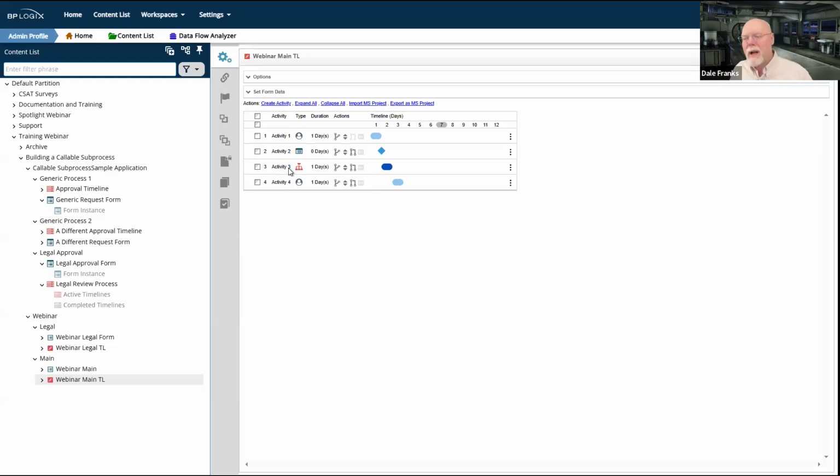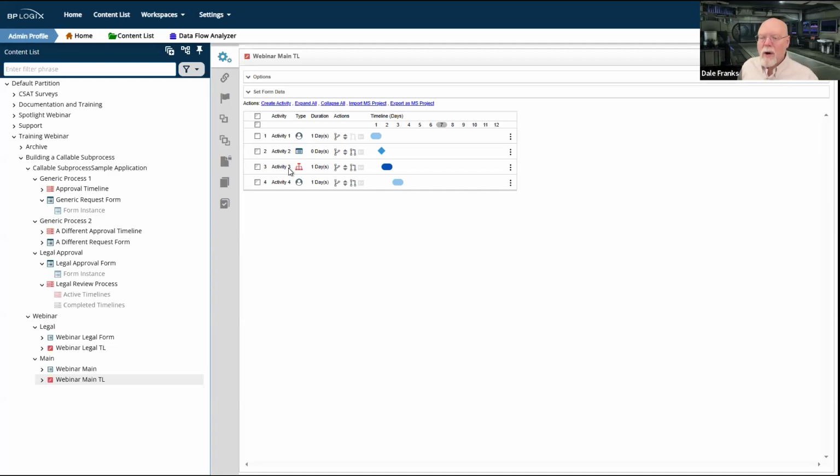The presumption that I'm going to make is that in most cases, when you are calling these callable sub processes, you want them to run synchronously and not asynchronously.